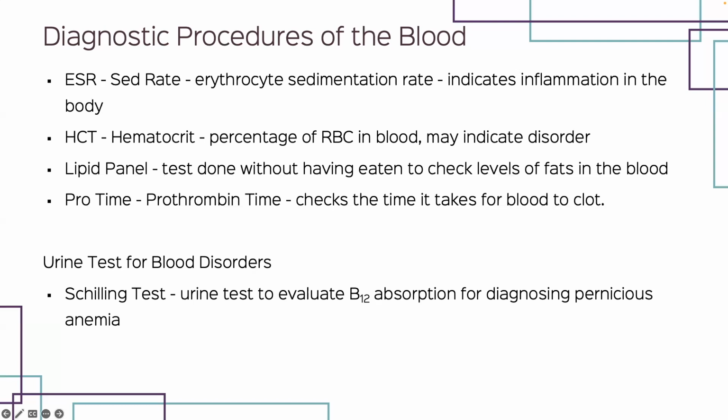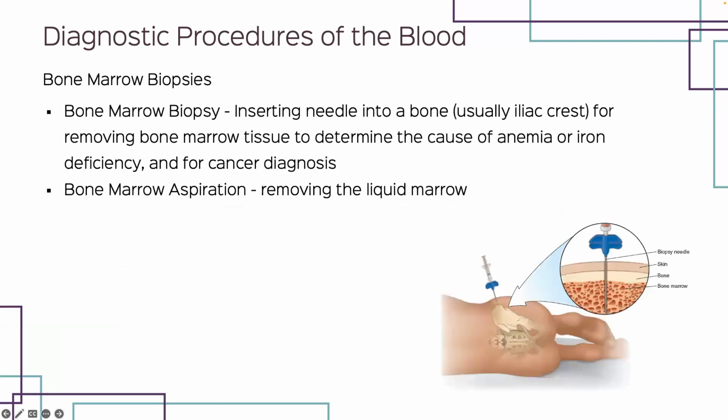And then you can do some urine tests for blood disorders. You can do what's known as a Schilling's test, and it's just going to tell you whether or not you are absorbing B12 vitamins. And then you can have blood or bone marrow biopsies to determine what your blood counts are for red blood cells and white blood cells. They will typically do it in the pelvis just because that's where a majority of your red blood